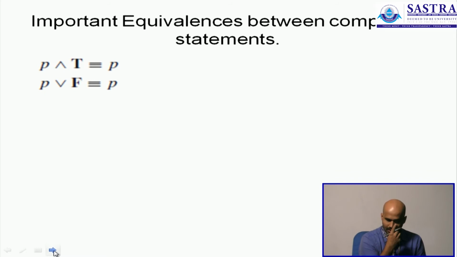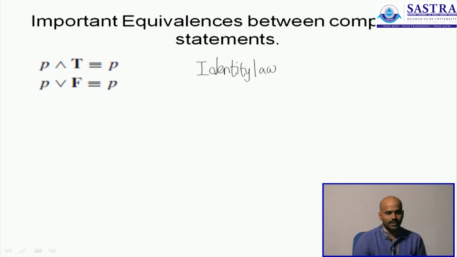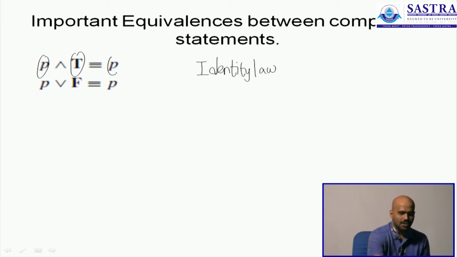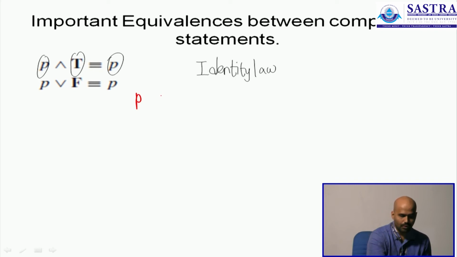The first of them is this. This is what you call the identity law. It is the identity law because a statement combined with another statement gives the statement back. So you combine P and true and get P back. That is what you refer to as the identity statement. I will explain a few of them for you here, the rest I will leave to you to verify by yourselves.